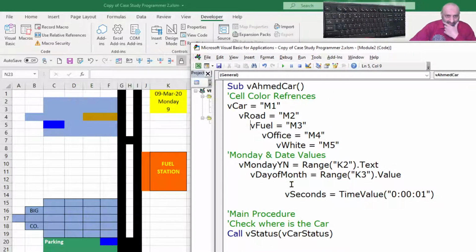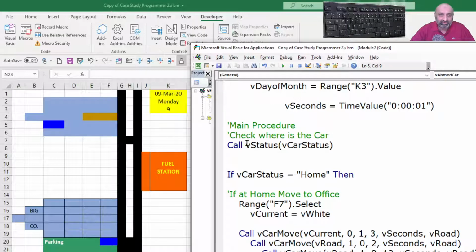And then we are getting this Monday picked from range K2 and day of the month from K3. And we have V seconds, and we have assigned a time value of 1 second. When we start our main procedure, we check where the car is.